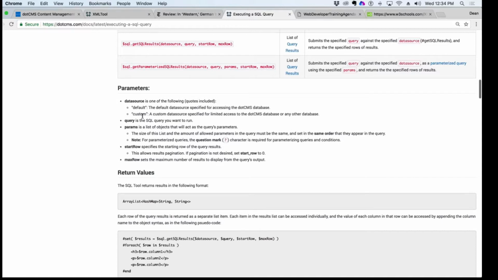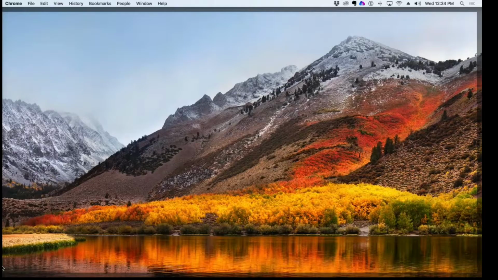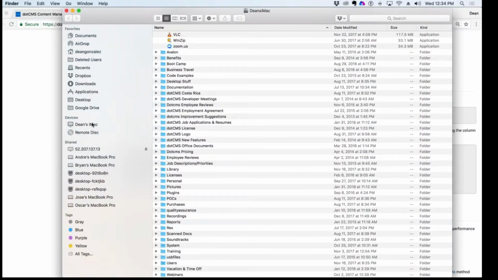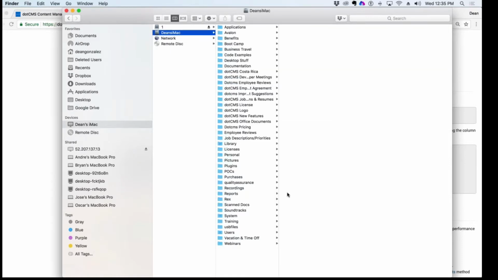And then here are the parameters that you can set: data source, query param, start row, max row. And here it gives you an example if you wanted to allow querying of your own .cms database. You can define all of the databases that you want to SQL query. You could just define them here. It's rare that you need an example of this, so I'm not going to go into too much detail, but